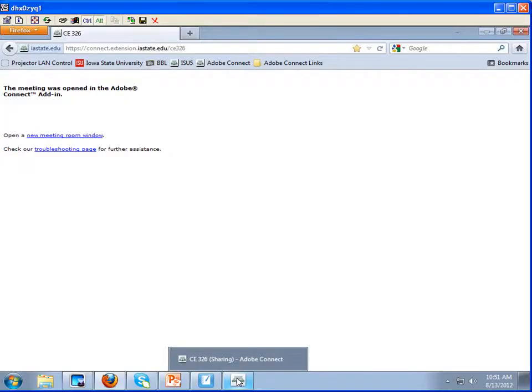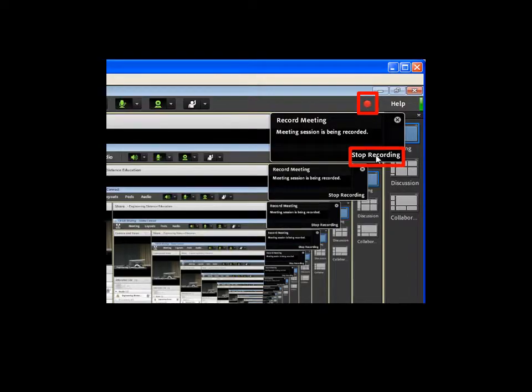Once the class is completed, you can bring up Adobe Connect to end the recording. Remember, you can access Adobe Connect by selecting the Adobe Connect icon at the bottom of the screen. To end the recording, first select the little red circle and then click on Stop Recording. Now you can just exit out of Adobe Connect, or a more proper way is to go under Meeting and